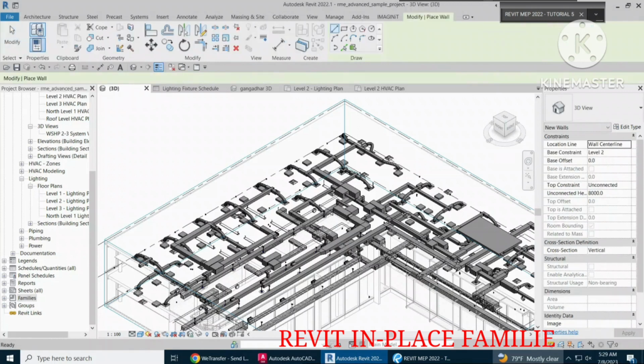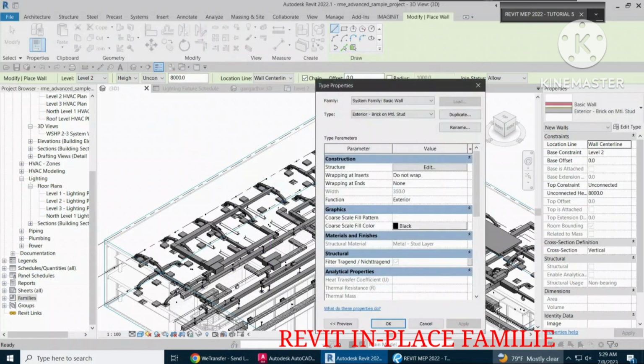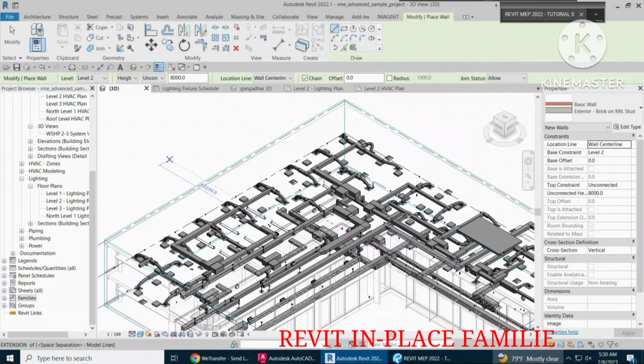Go to the Architecture ribbon tab. I select wall. Is it a component family or system family? Let's check it out. Just click on the wall tool. There is no load family here in the tool palette, meaning to say wall is an example of a system family because there is no load option. That's the distinguishing factor. Every time you see a load family in the tool palette, that is a loadable family or